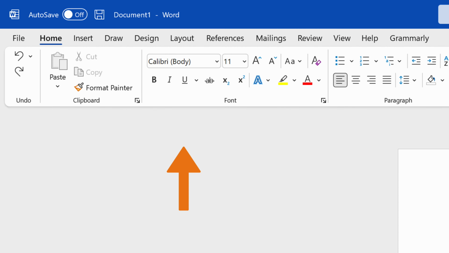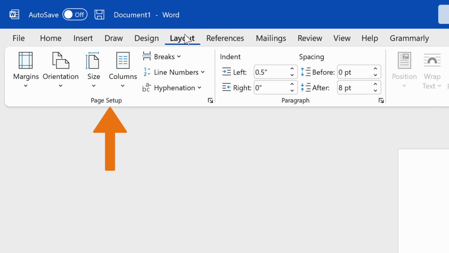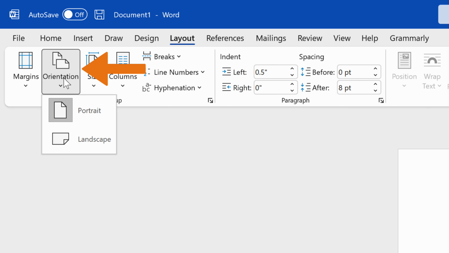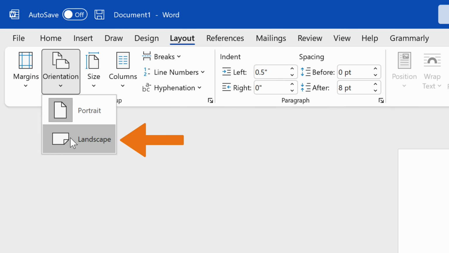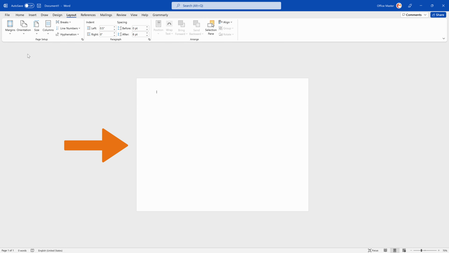First, you need to navigate to the Layout tab in the ribbon where you will search for the Page Setup group and choose the Orientation option. A drop-down menu appears in which you see two options for document orientation. The Portrait orientation is set in Microsoft Word by default, so you will select the Landscape option in this video tutorial. Once you have clicked it, you can see that the document's orientation changed and the paper is wider than